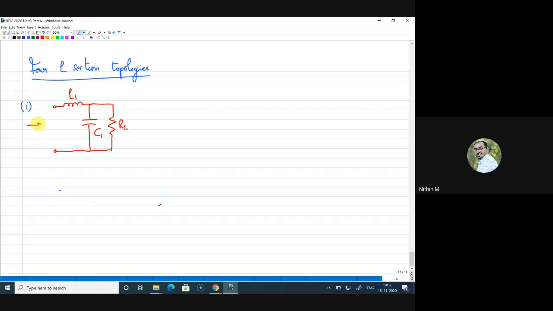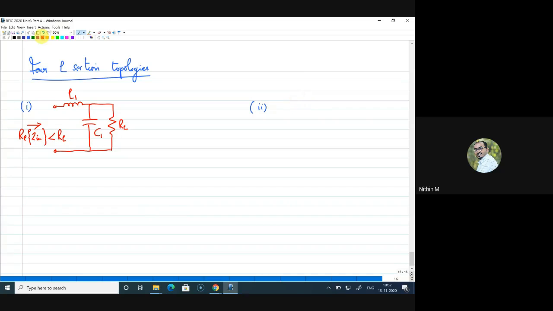Now if I look from here, the real part of impedance will be lesser than RL. The real part of impedance is lesser than RL. That is what this transformation will give you. This is your downward impedance transformer. And now similarly, if I do